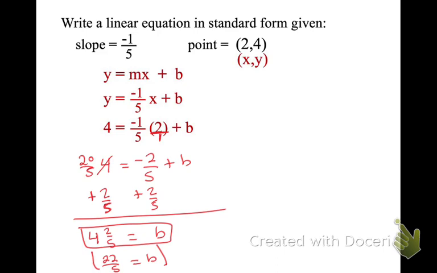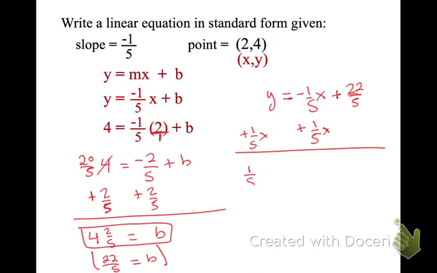Either way. Now it says write it in standard form. So I think I'm going to use the fraction. y equals -1/5 x plus 22/5. So in standard form, we need the x and y on the same side. I'm adding 1/5 x to both sides, and I get 1/5 x plus y equals